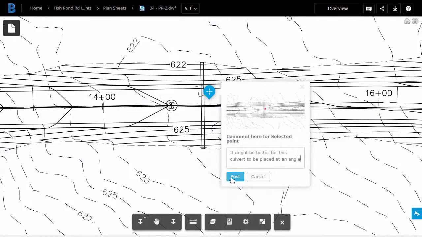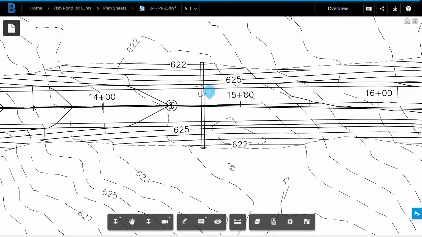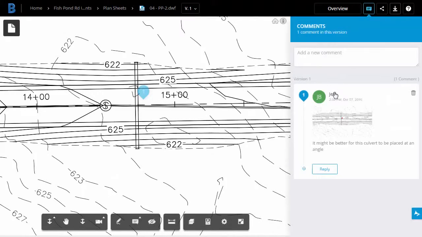When I'm finished, I'll choose Post. This will add the comment to the sheet. You can see that's comment number 1. In fact, if I come up here, we can open the Comments pane and we can see the comment associated